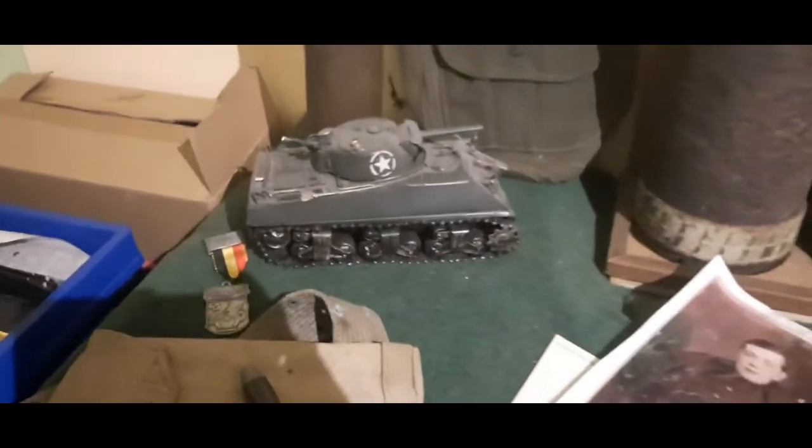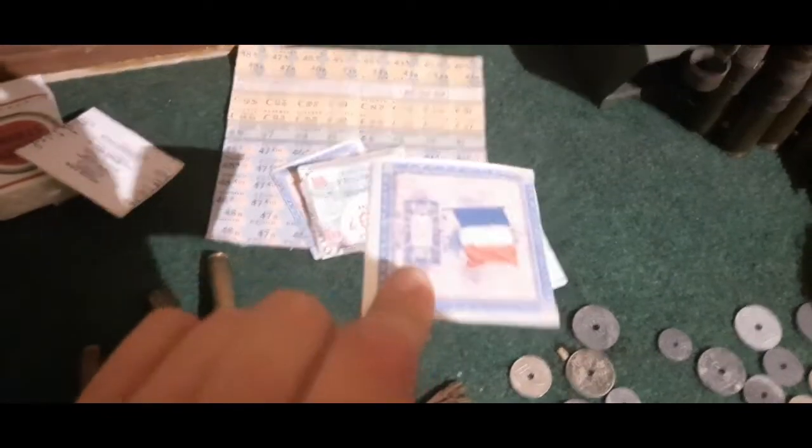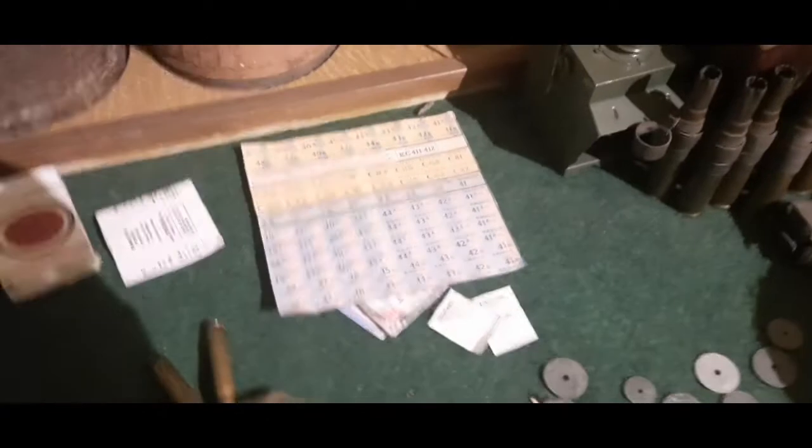Here we have a model of a Sherman. Here my grandfather, a picture of him. Very nice. Here we have some stuff that I tried recreating. So we have cigarettes, coffee, rations, fake French money, a food card from the Dutch. So then here we have some other